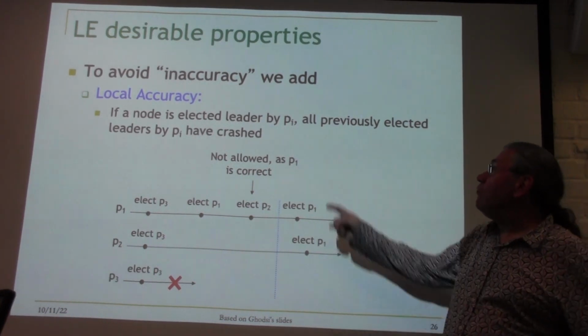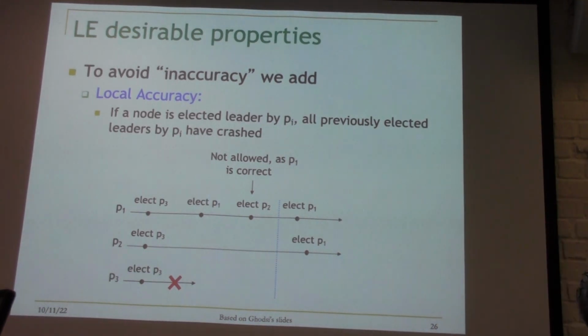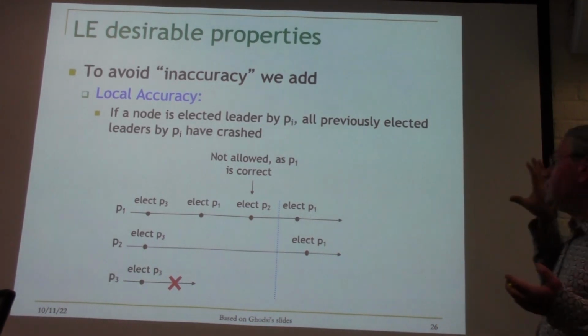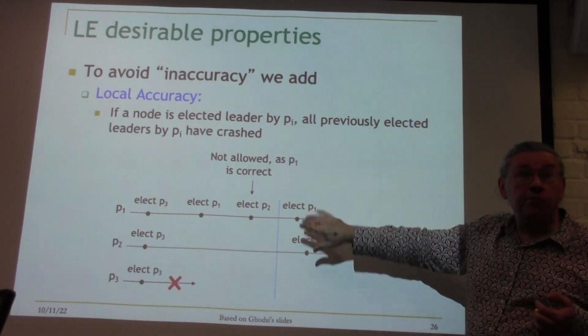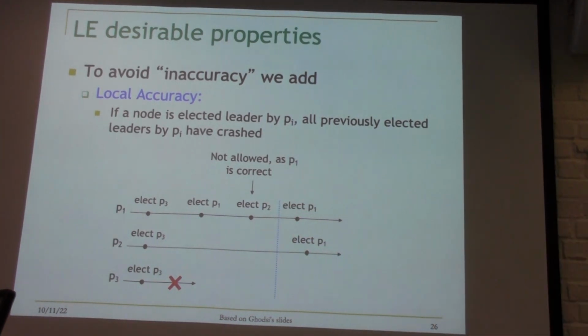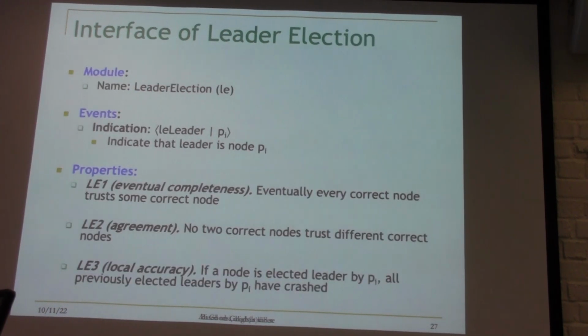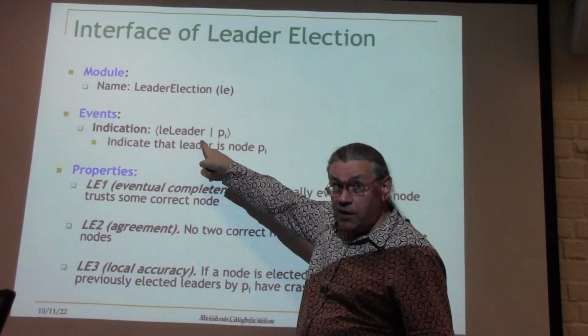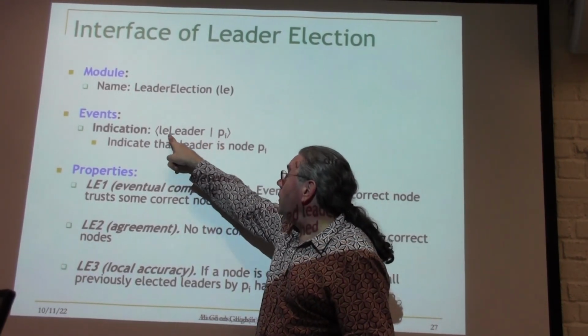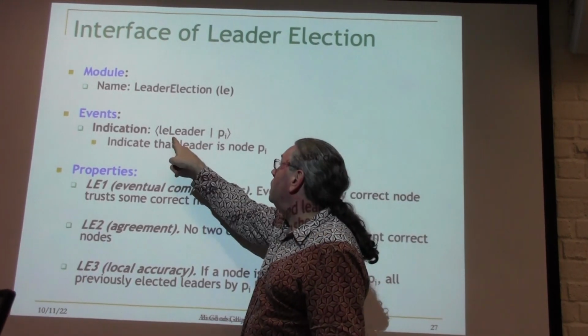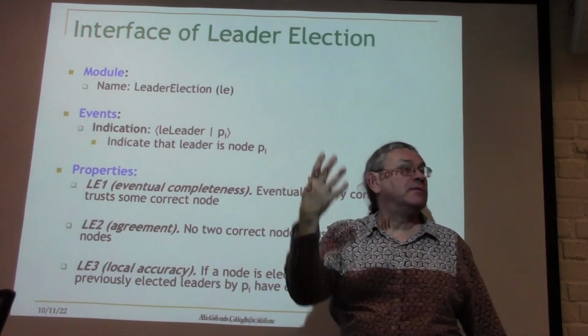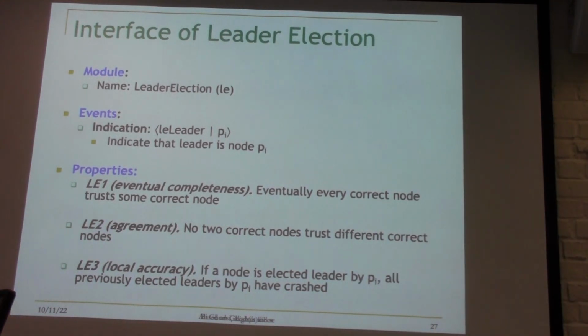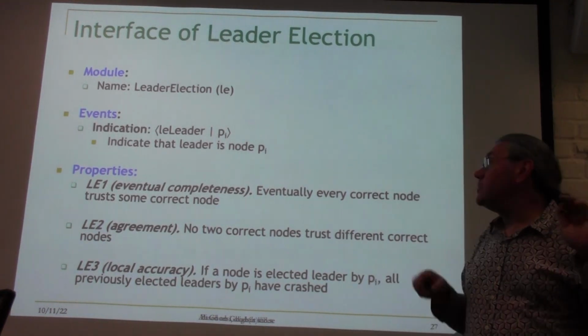So you see, we don't really need that in some sense, but we add it just to stamp out funny behavior that we didn't like. Okay? This is specification engineering, tweaking the specification. So the interface is like this. We have only one indication, so that's like a failure detector. LE leader, leader elect. The leader is Pi, that's it. It's like the crash messages, it just tells me Pi is the leader, and that's it.